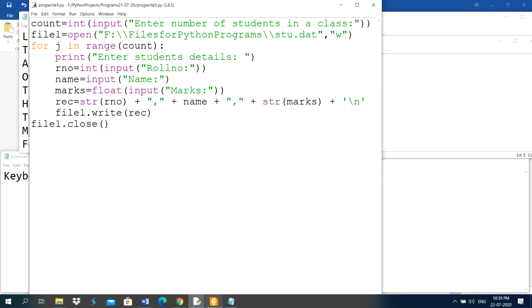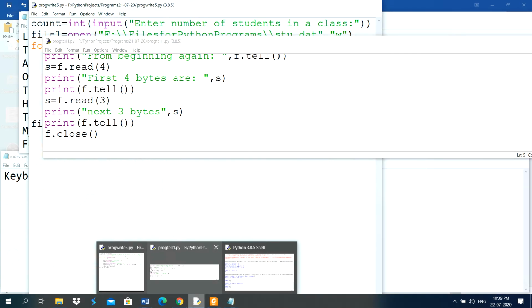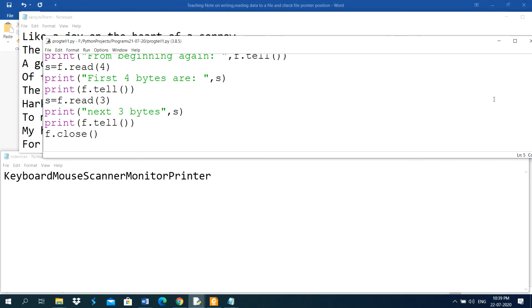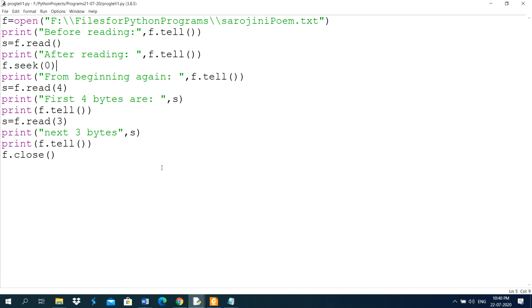Now I'll close this one. Okay, let me check how many programs are open at present here. Okay, now it is all right. I have closed all the programs. Now I will explain to you the use of